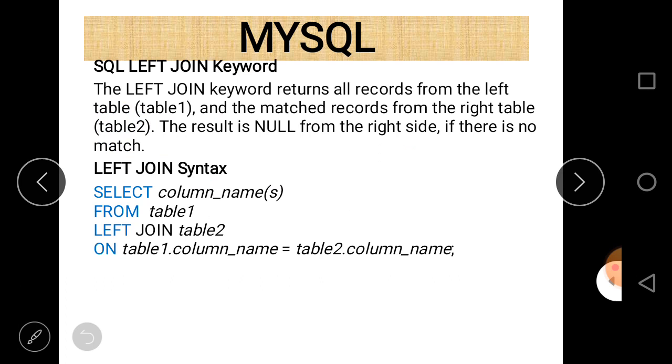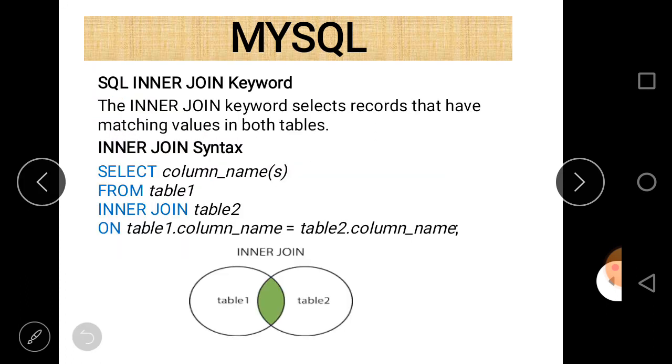Next is the left join keyword. Now we want to implement left join. Again the equal operator is used, but the only difference is that here we use left join in place of inner join. Let us see the previous example syntax.